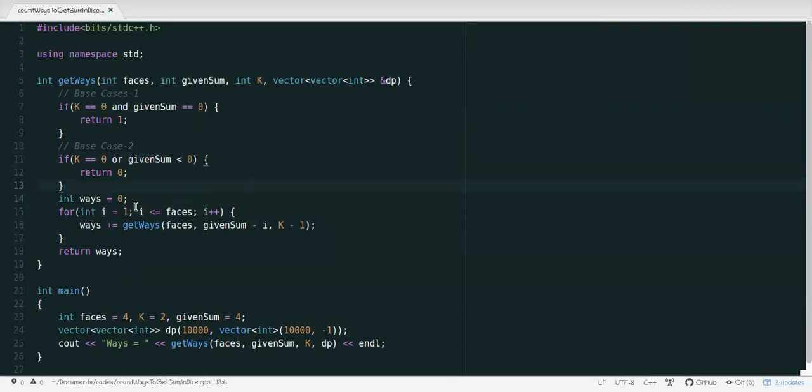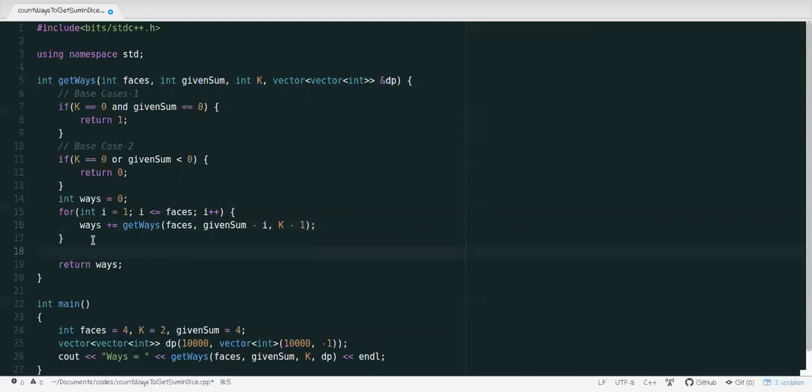Okay. So perfect. For each and every given sum and k, I am trying to calculate it, right? For each given sum and k, these two are actually reducing, right? The number of faces remains constant. So I will use this opportunity in these two values in my DP, right?